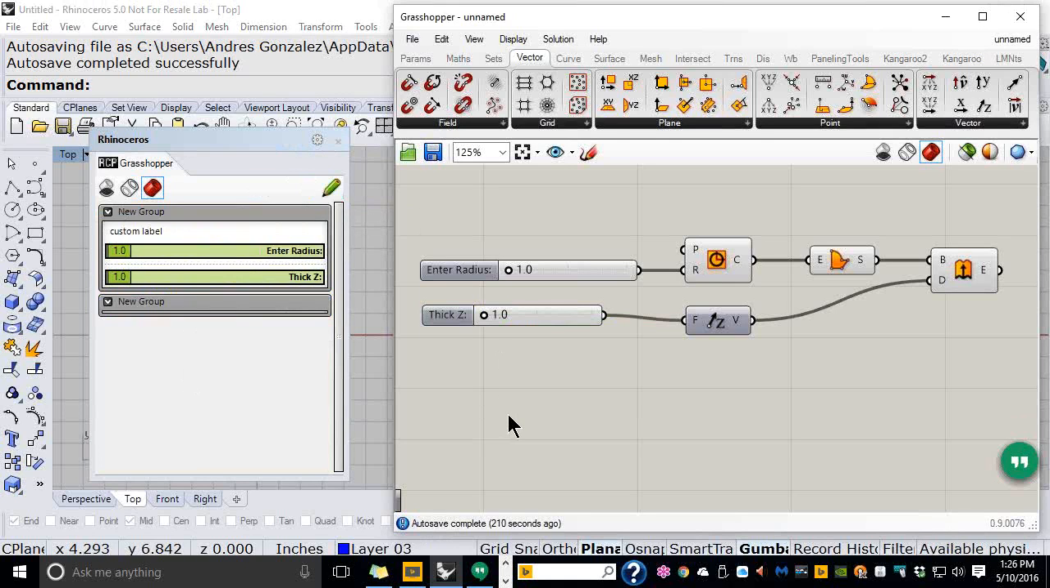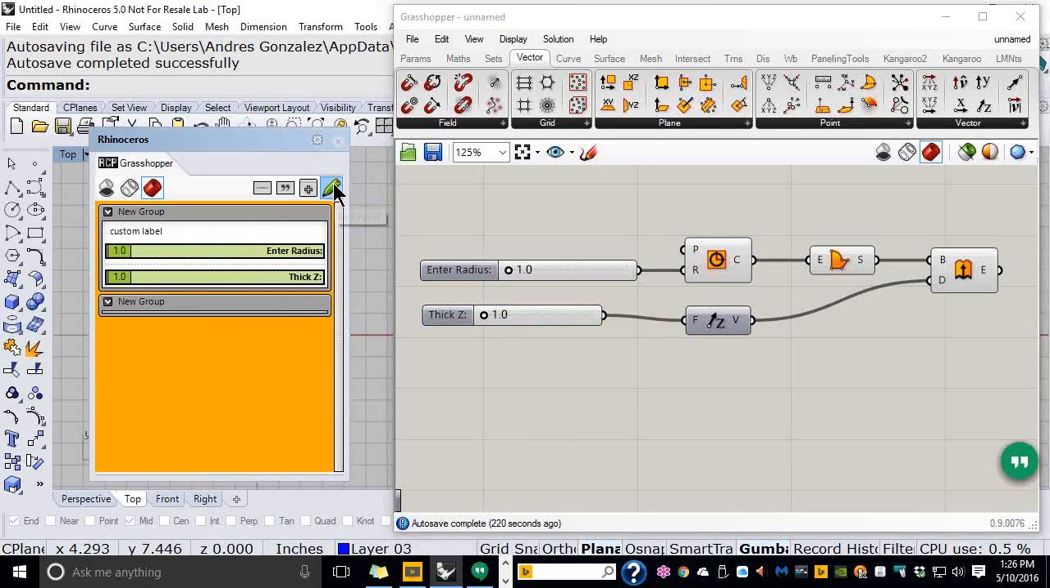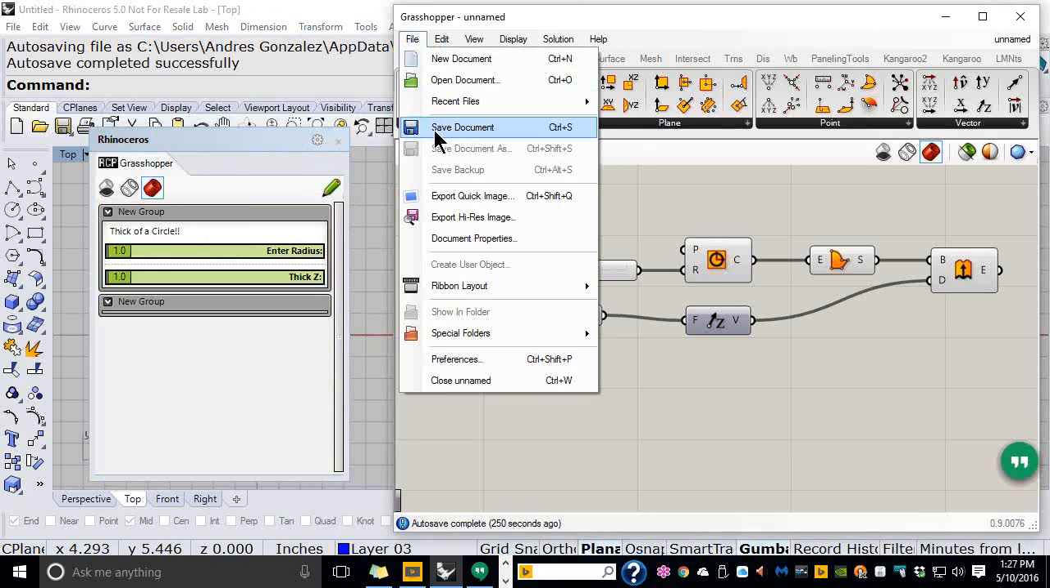So now, if I save this, let's say this is any title. So you right click and you can edit this title. And there you go. It's as simple as that. If I save this definition,